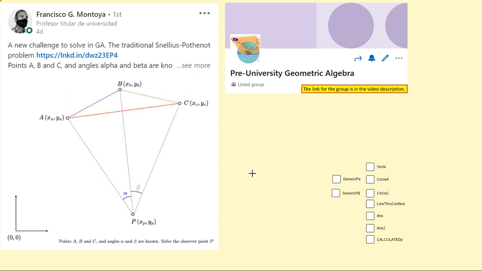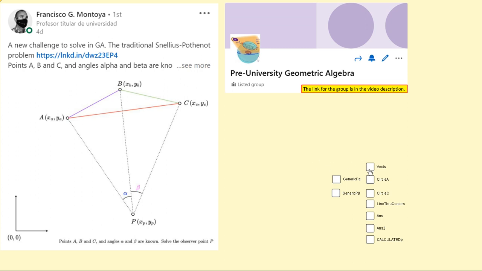In this video, what we will do is first of all formulate the problem in terms that will allow us to use geometric algebra. Then we will solve the problem and transform the solution in a way that will allow us to check the solution via the program GeoGebra, which is what I use to prepare this video. And I will be linking resources that we use either in the upper right hand corner or in the video description. So let's go ahead and formulate this problem first of all in a way that will allow us to